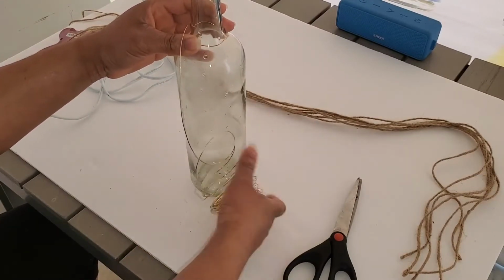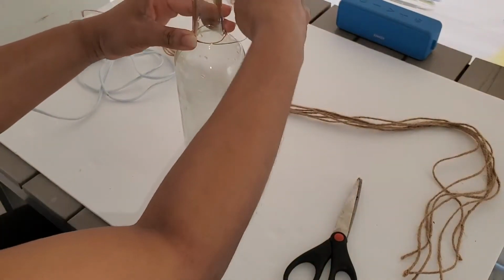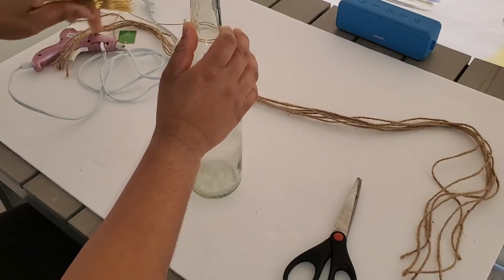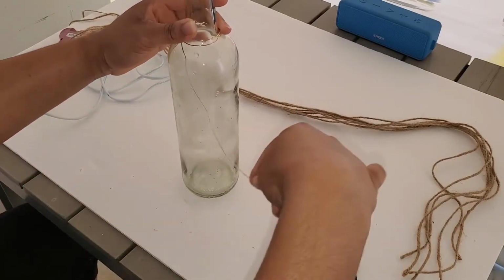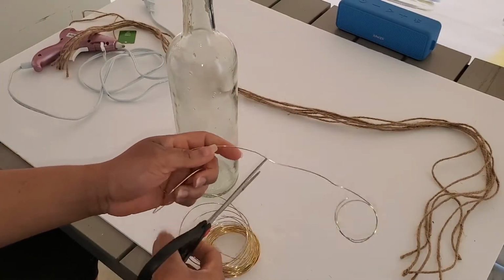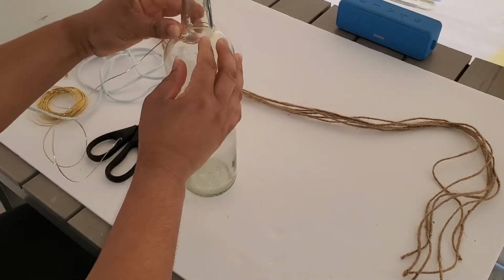Partway through I realized that it was a little bit hard trying to take the entire roll of coil and wrap it around, so in a second you'll see me grab my scissors and just cut it off because I realized I don't really need that much, so might as well snip. So I'll fast forward here again,